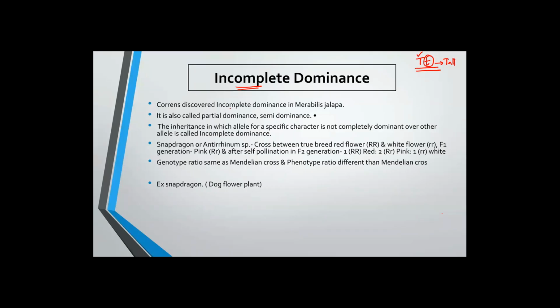Whereas in incomplete dominance, none of the alleles will be dominant. They'll show a different trait. This was discovered by Correns in Mirabilis jalapa, and it is also called partial dominance or semi-dominance. The inheritance in which the allele for a specific character is not completely dominant over the other allele is called incomplete dominance. For example, when they crossed the snapdragon flower, that is a red flower with a white flower,